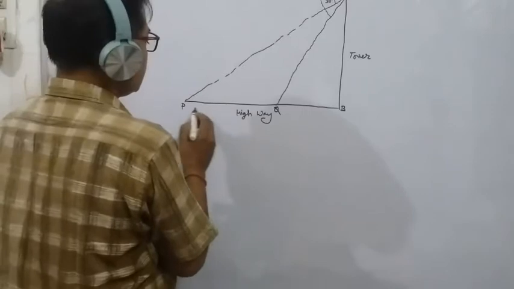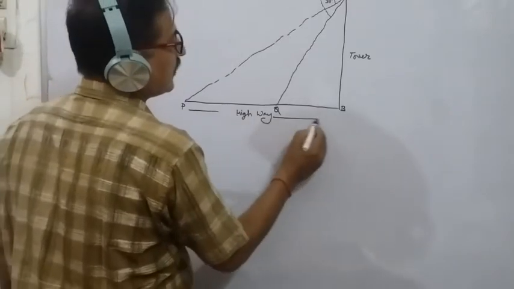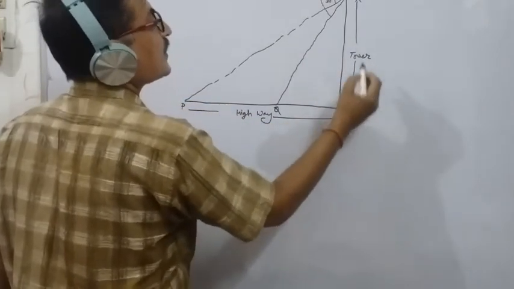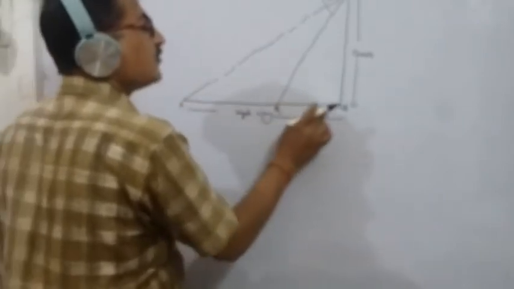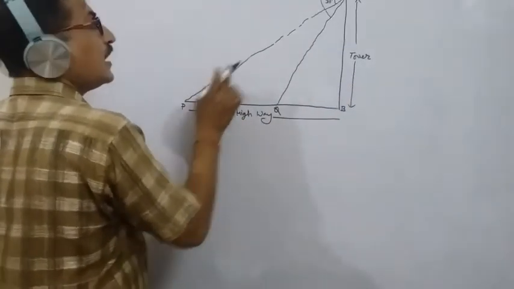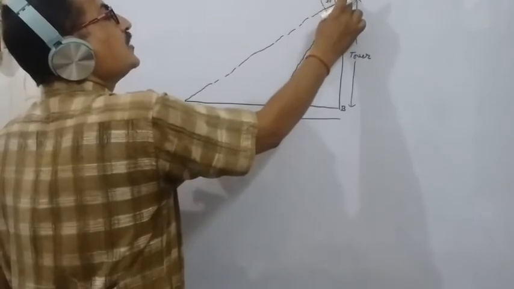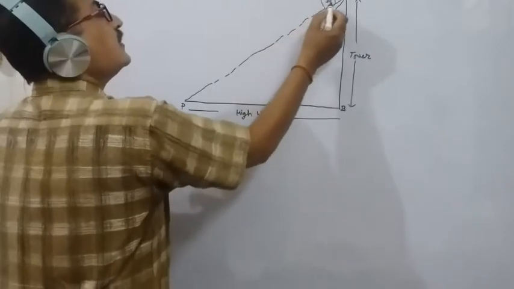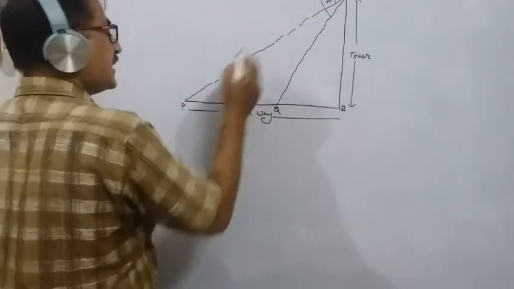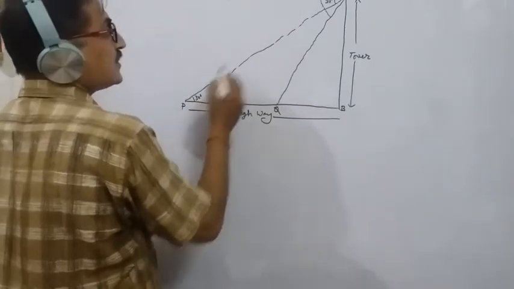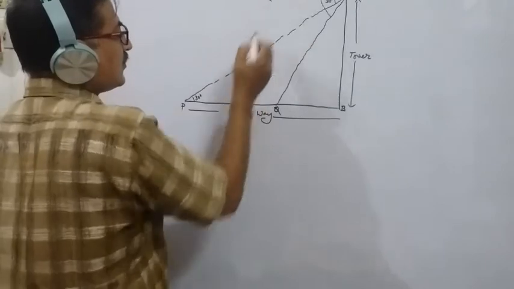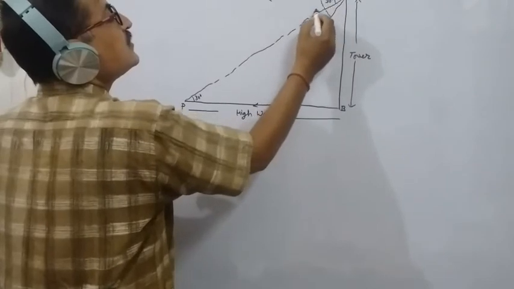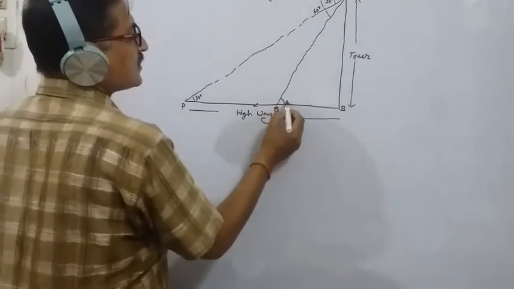Again, understand the question. This is the highway and this is the tower. One highway is towards the tower, and one person is standing on the top of the tower at point A. He has seen the angle of depression of 30 degree. This is 30 degree, and then this will be 30 degree also, because this will work as the transversal line. These are parallel lines. So 30 degree, and this bigger angle is 60 degree, so this angle will also be 60 degree.